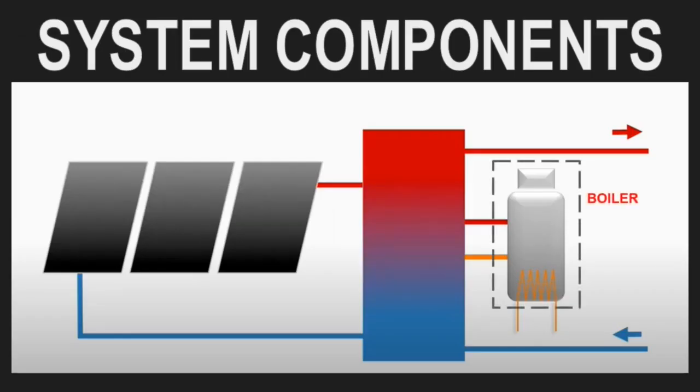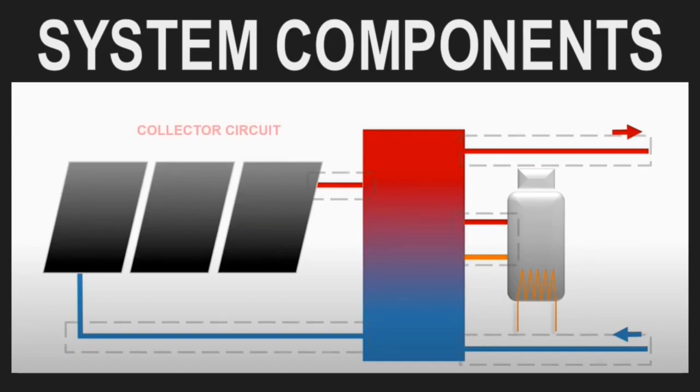Moving further, talking about the next component, we have the boiler. A boiler is nothing but a normal heater which is used to add some amount of extra heat to the storage tank to make it reach a particular temperature if the heat provided by the collector systems was not sufficient. Talking about the next component, again a very important one, that is the collector circuit. The collector circuit provides a pathway or route to complete the circuit and helps the fluid move throughout the circuit, so it helps the heat move throughout the circuit.